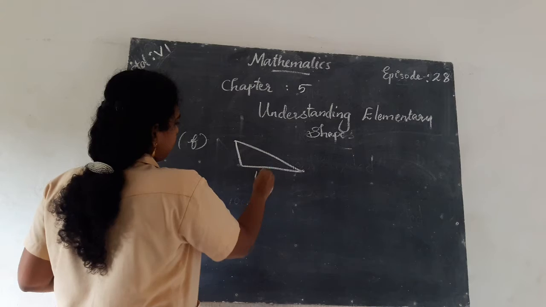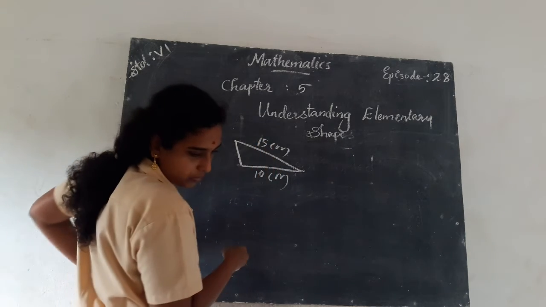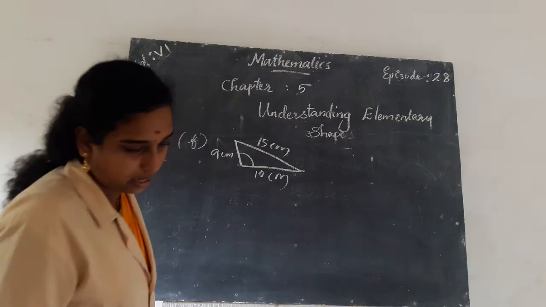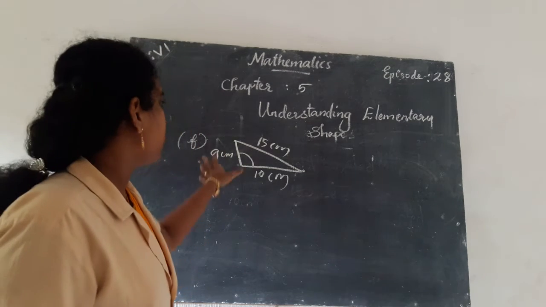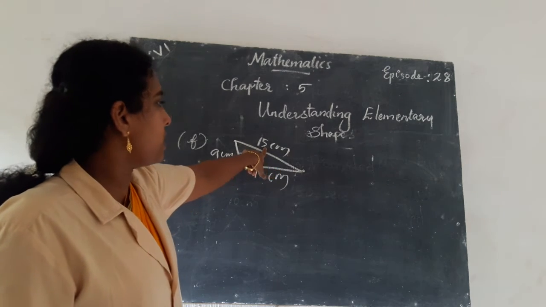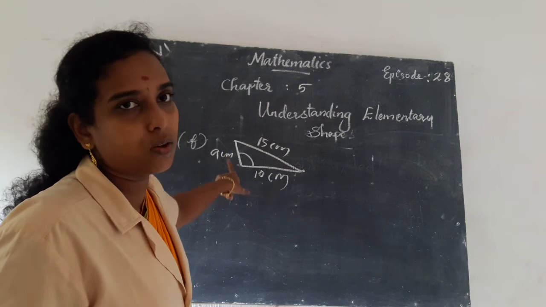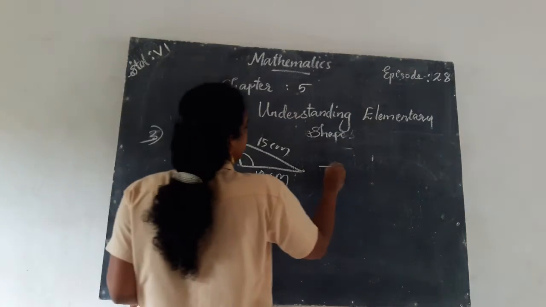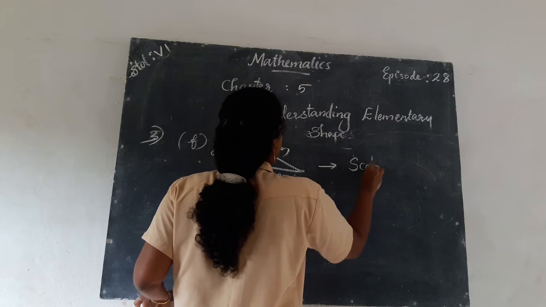Like this, and it measures 10 centimeter, and here 15 centimeter. The next one is 9 centimeter. Shows this angle. Okay. Here we can see that the three sides of the triangles are unequal. Here this is 9 centimeter, this side measures 15 centimeter, and this side measures 10 centimeter. All three sides are of different length or unequal length. Then it is a scalene triangle. The three sides of the triangles are unequal, then it is said to be a scalene triangle.